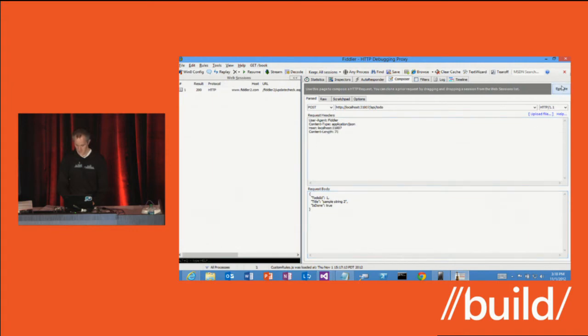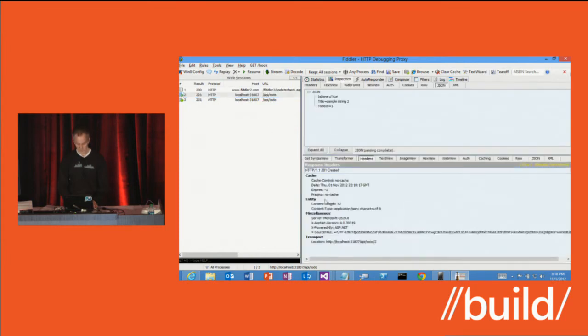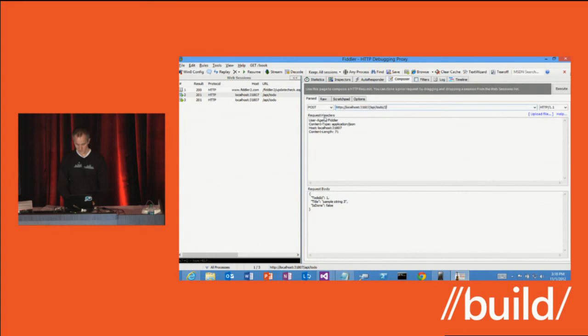So let's execute that. Let's do sample string 3. Let's do one that's like false. I'm not seeing these coming back. There they go. So you see that those last 2 requests succeeded. I got a 201 Created. Let's look at one of them. So this was a 201 Created response. That means it created a new resource. And then if I look down here in the headers, you'll see the location for that created resource. Let me copy the header value. And actually, while I'm at it, I'll just go back in here and do a GET request just to make sure it's really there.